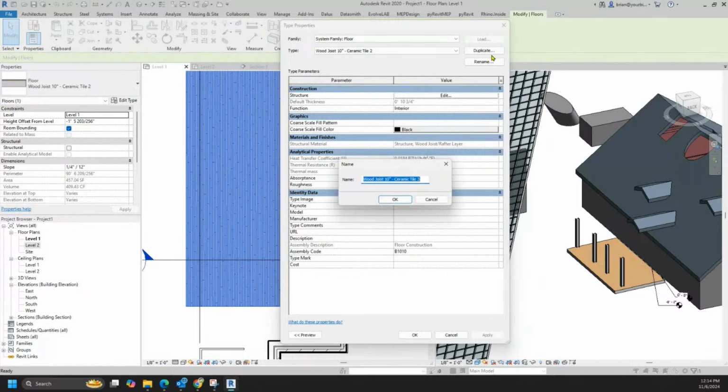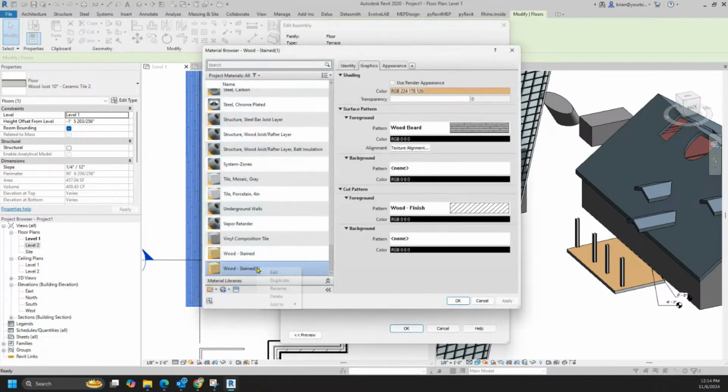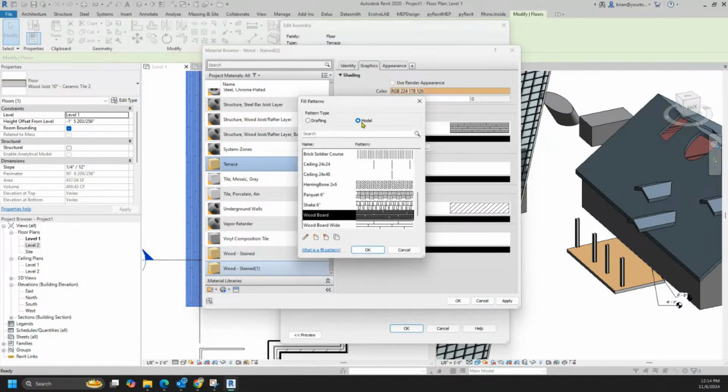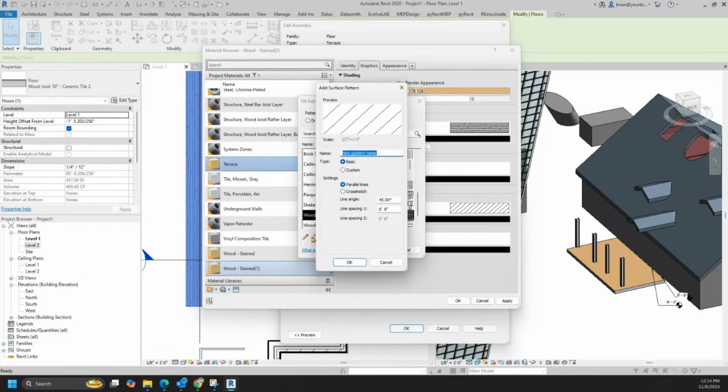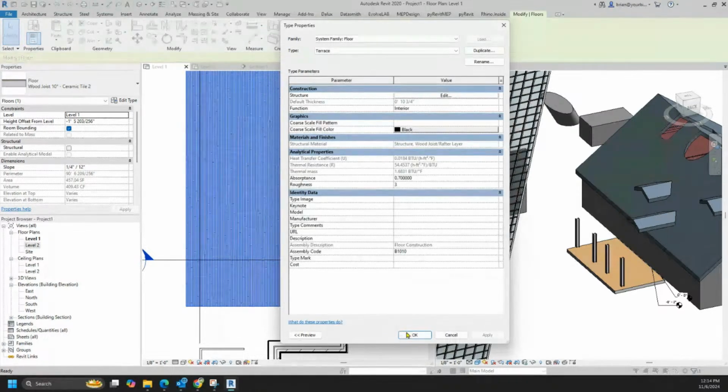Now, this is where I would be saying, typically we would name this. And remember what I told you before, if I'm going to name it, I'm going to copy that to the clipboard. So I can come in here, take this guy, duplicate this, and name that Control V Terrace. And I could say that this thing here, I need a new model pattern that's going to be Terrace. And I'm going to know that that pattern is going to be 24 inches by 24 inches. And now when I okay all the way out of this thing,